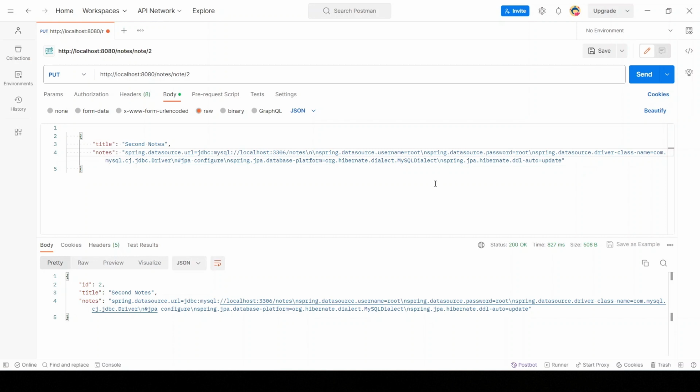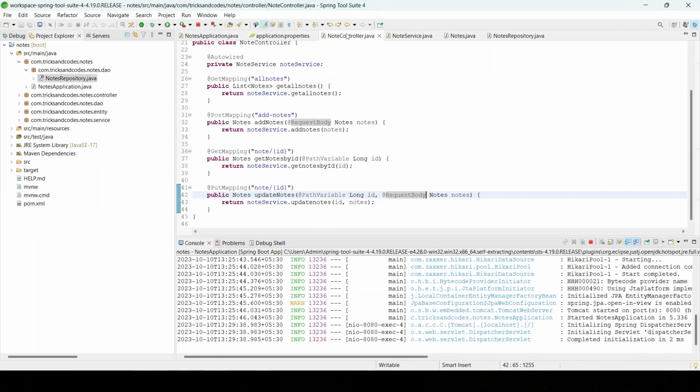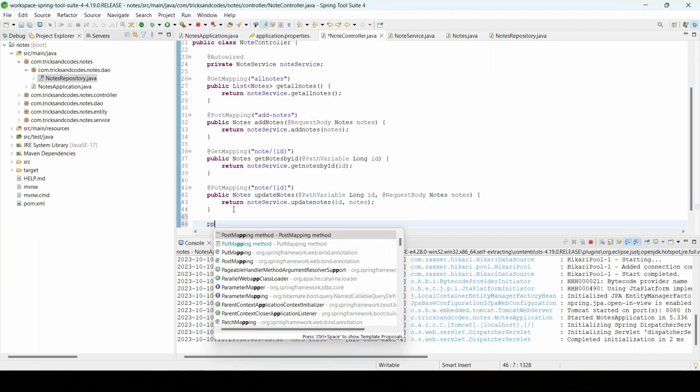Okay, that's perfect. We have added the updated notes as well. But what if I need to delete these notes? So how do I delete it? For that, let's go to the application and let's see what is the required code we need. Let's go to the note controller and let's add the method